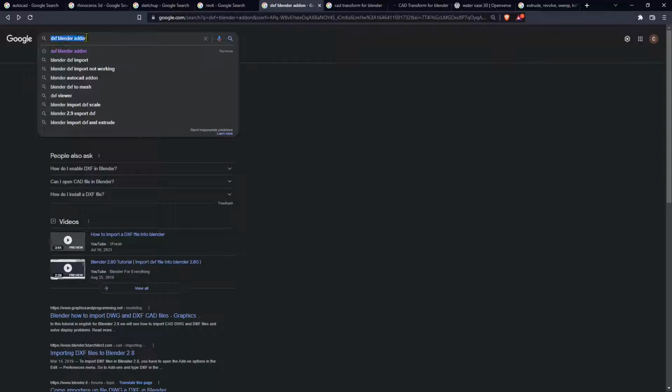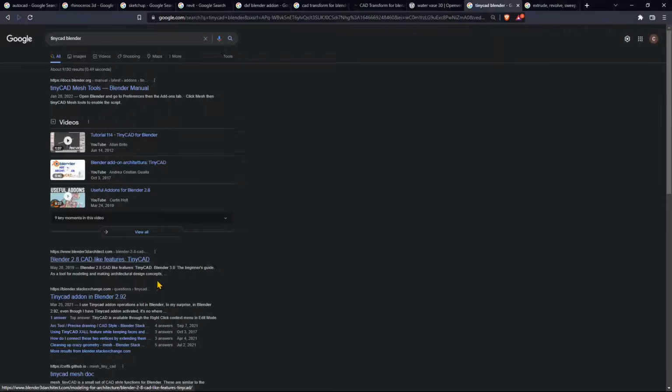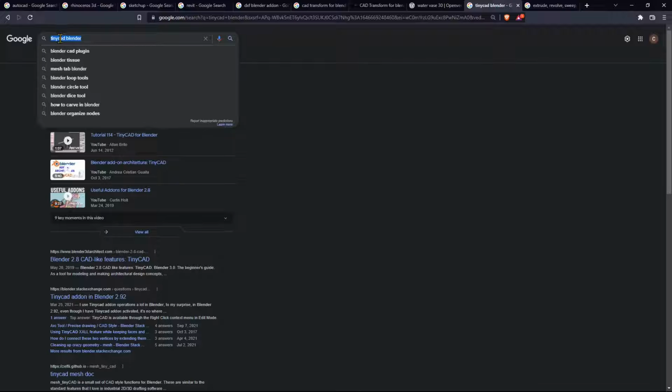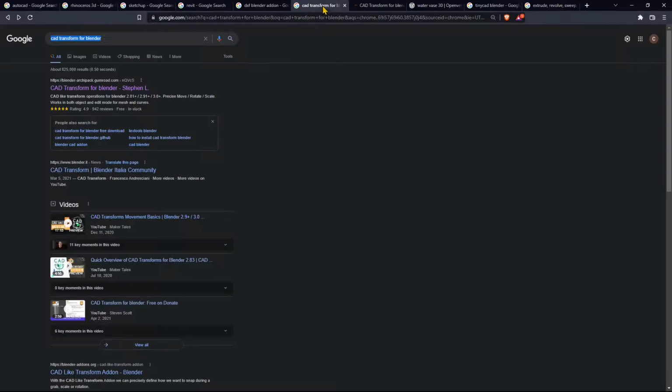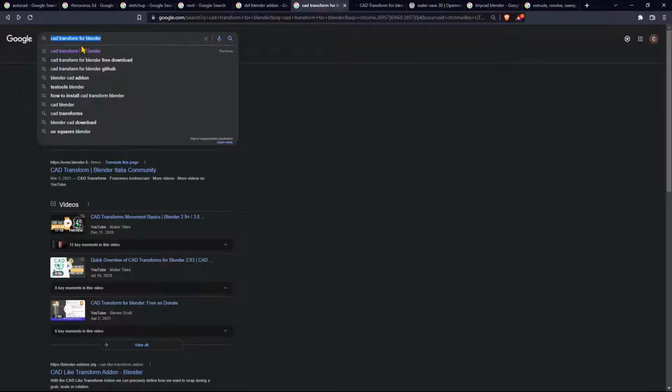Understanding add-ons is really important because you have the standard Blender, but then you have a lot of add-ons that you can add to increase the possibilities and features of 2D drawing and also CAD drawing inside Blender. Another one is TinyCAD. Again, this should be already installed. You just need to activate it. Now, for the ones that are not already there, for example, CAD Transform, which can be used to snap and create more precise drawings,